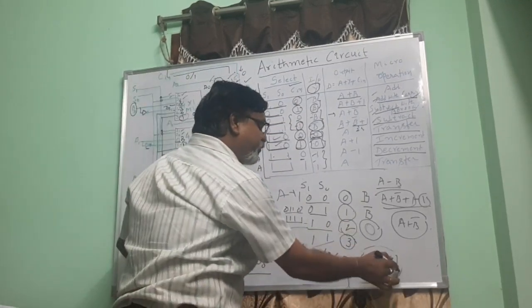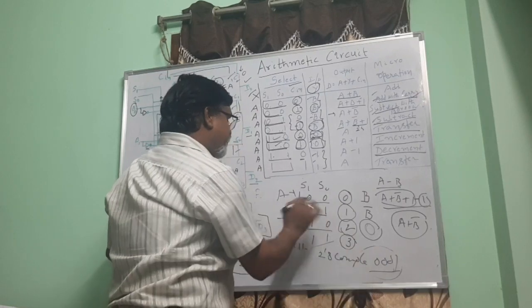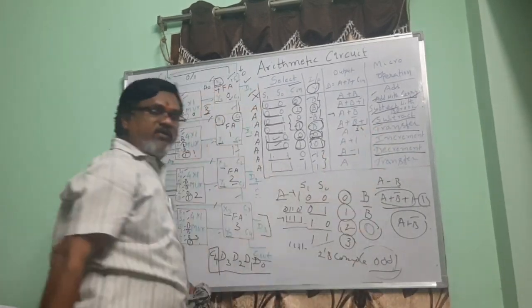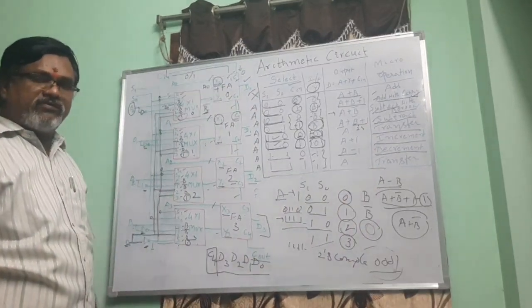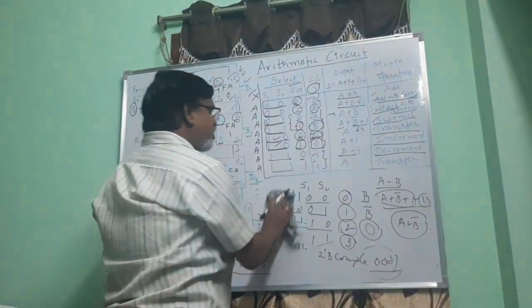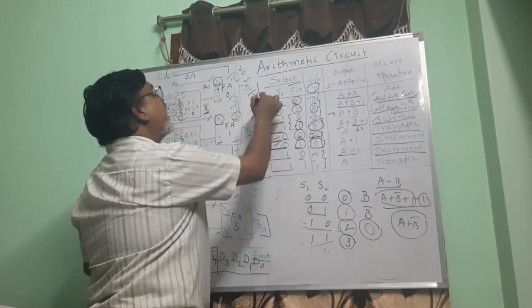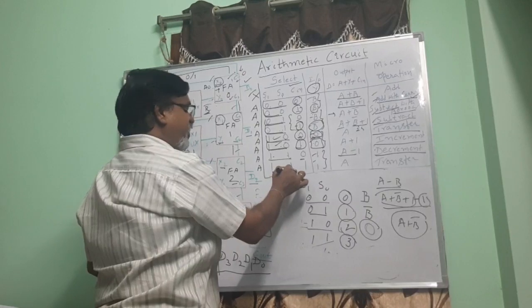So when you are going to perform addition of 2's complement of a number with one input, that is the operation nothing but A minus 1, which is nothing but a decrement. Now the last operation in this arithmetic circuit is S1 and S0 are 1, 1.